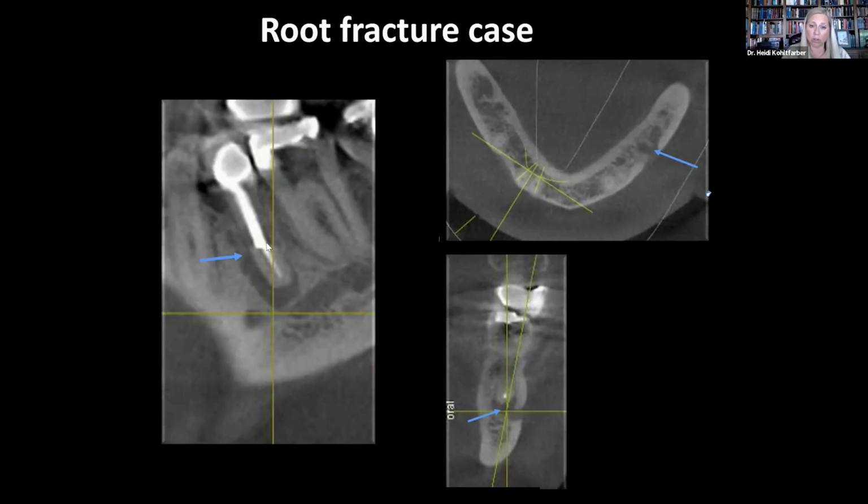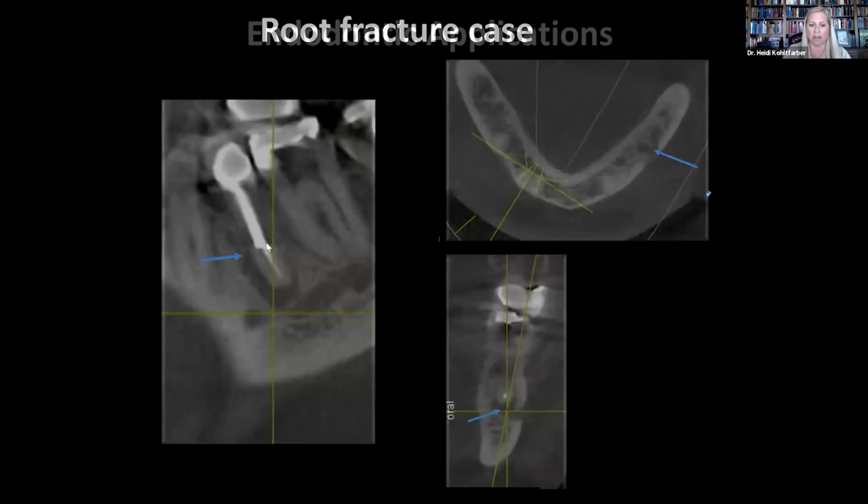So if we have our non-healing root canal treated teeth, the things we're going to look for is, of course, an unfilled canal. And then we're going to look for any type of bone loss or maybe a step defect along that root to let us know that we do have a root fracture. Now, we can see the fractures if they're displaced greater than the resolution of that machine. So if they are displaced more than the resolution of the machine, you can see that with our CBCTs. So, I can't say we don't always see it, but we tend to want to look for additional evidence of a root